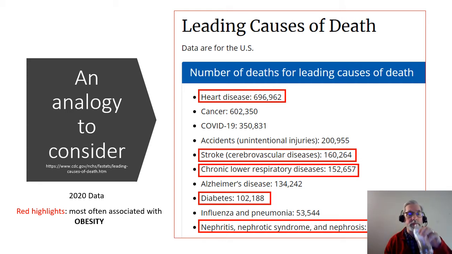Now let's talk about heart disease for a minute. It is the #1 cause of death, and in the United States, we lead the world in terms of obesity-related deaths and heart disease as well. And you can see, and this is just for 1 year. Now we've had COVID, we're going on to our 3rd year. And our total death count, as of the last time I looked, was in the mid 800,000 range in the United States. But per year, and this is as of 2020, nearly 700,000 people per year are dying of heart disease. So by far it outstrips COVID.